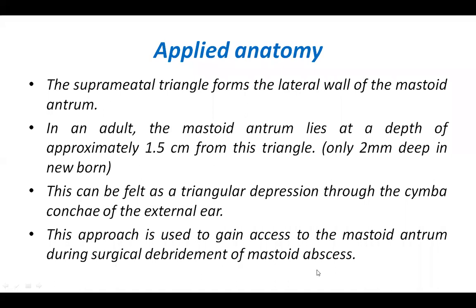So this is all about the surface anatomy of the head and neck. So we have covered the thyroid gland, parotid gland, so 2 glands, and then important vessels, that is both arteries and veins, and some nerves and some bony points, that is the suprameatal triangle. So just go through the PowerPoint and try to understand the surface anatomy. Okay, so tomorrow I'll be taking radiological anatomy, and that finishes the gross related part of this head and neck.